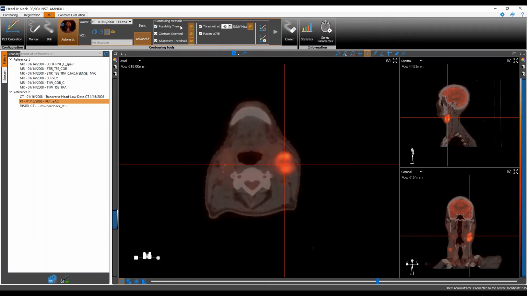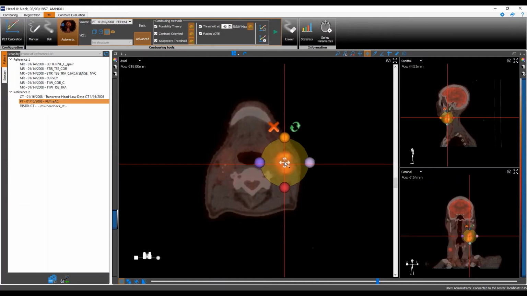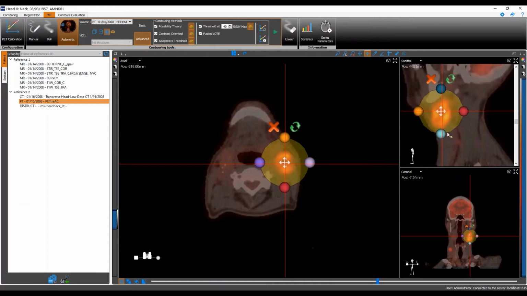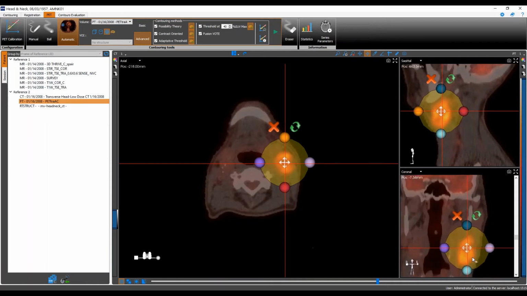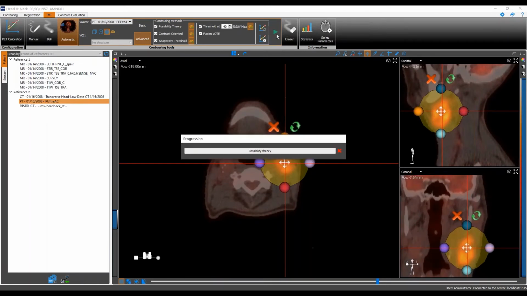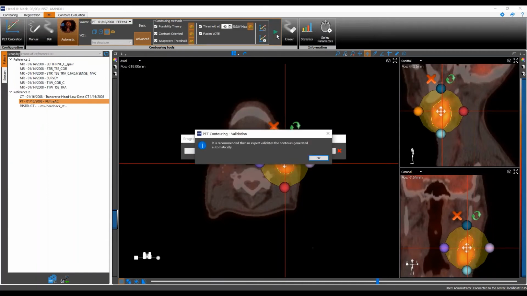So now I can select all my methods. I can select my freeze-all. And then the only thing I have to do is to choose a region of interest to do the segmentation. So I will do, for example, that on a 3D region. Okay, so I say my volume is in this region, and just say calculate. So it will apply all the methods,